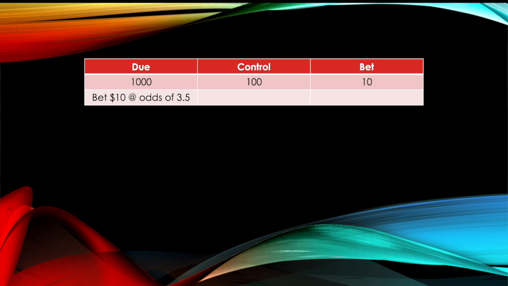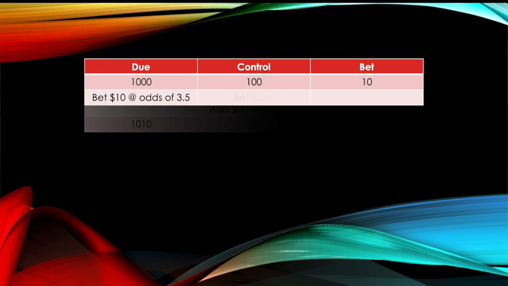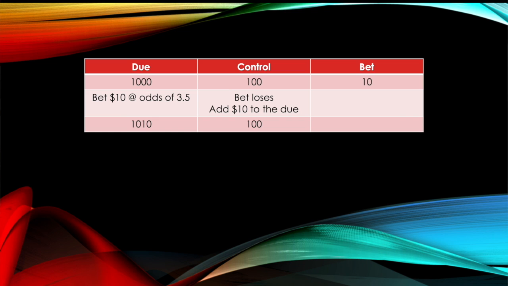So let's say we put on a bet of $10 on something that's at odds of $3.50. The bet lost. So in that case, we'll add $10 to the due column because we've spent that $10. So we're still trying to get that plus what we were originally trying to get. That means for our next bet, we have the due column divided by the control column. That gets us $10.10. However, we round down to the nearest dollar, and this is what makes this quite useful